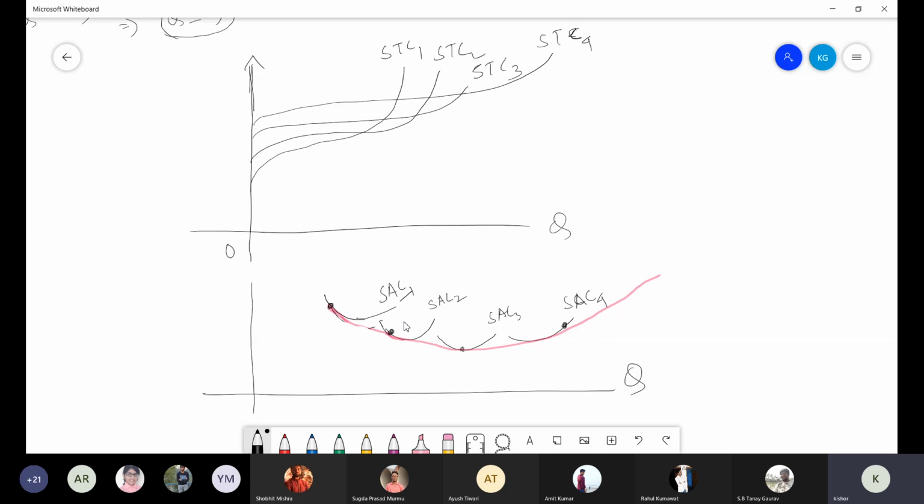SSC is something like that in that way. So in that way we are getting it. This line is called your long run average cost curve, LAC. And this is also coming from your short run average cost curves. You can very easily draw your long run total cost curve. So you can even get it here also.